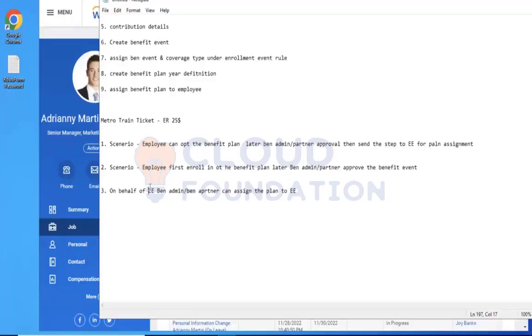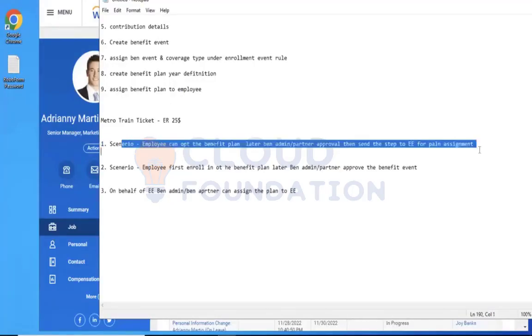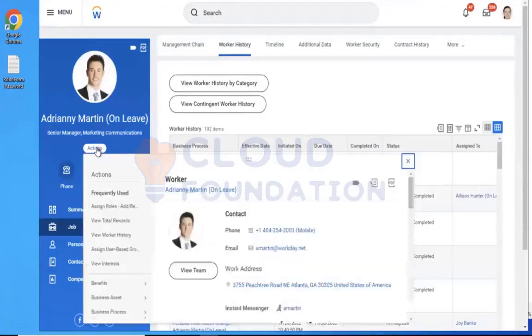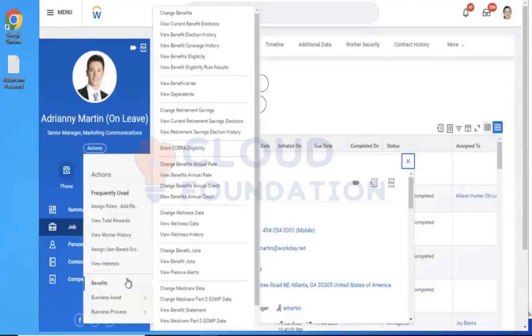So what happened in my first scenario, I believe the BP is working for this. We'll troubleshoot that. Now let me try to assign as a Ben admin or Ben partner, and we'll see how it works. Benefits.